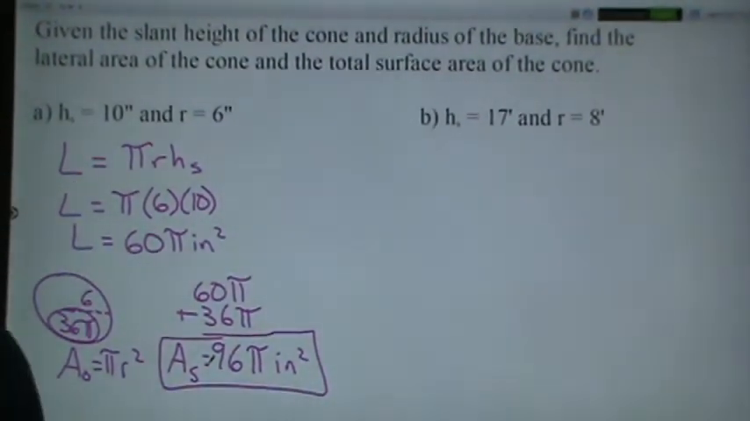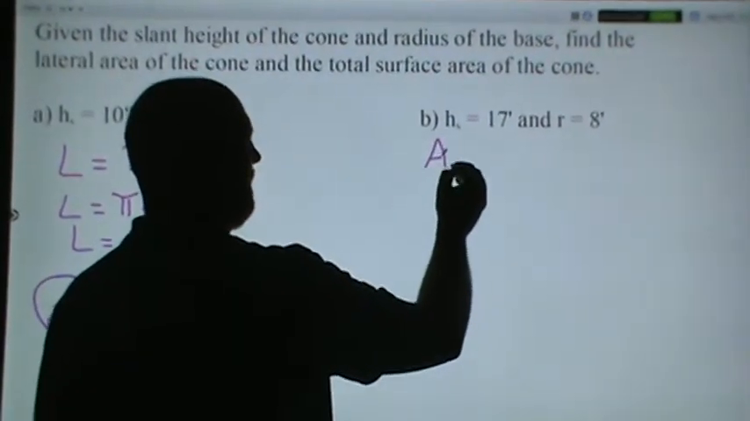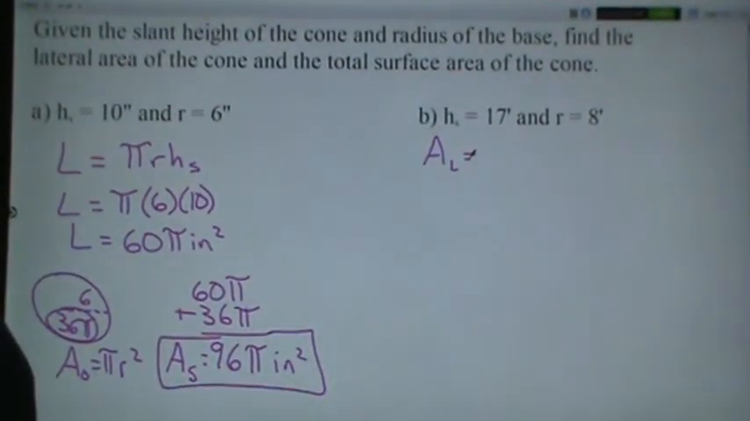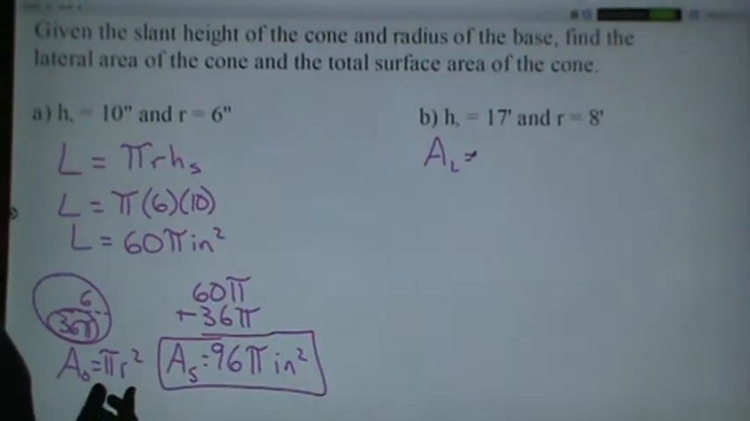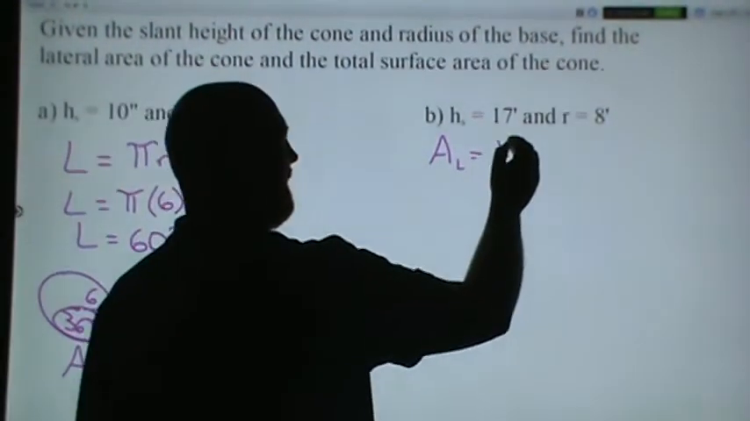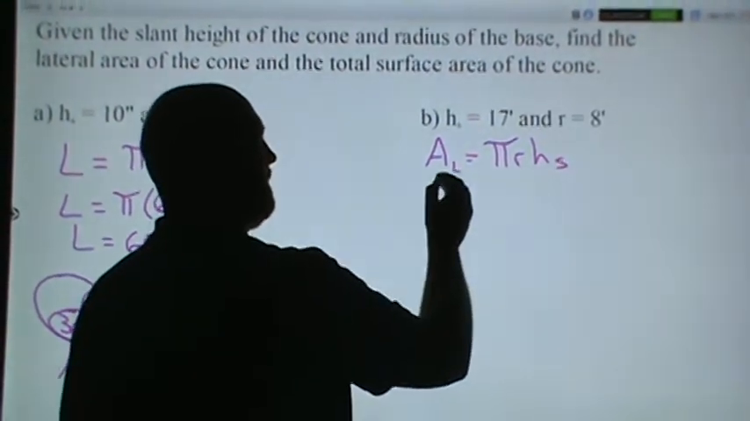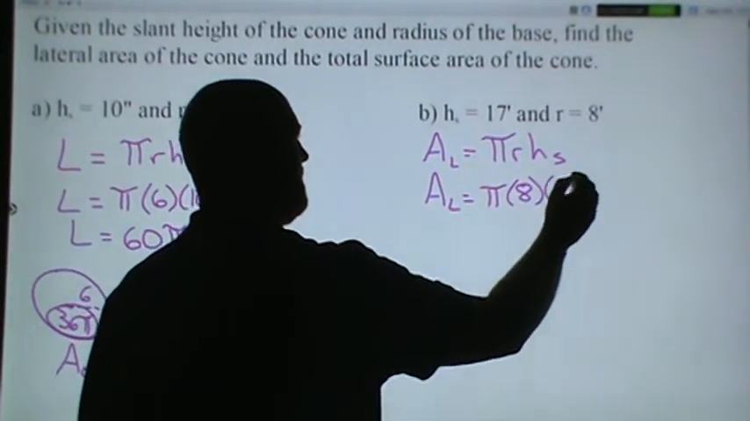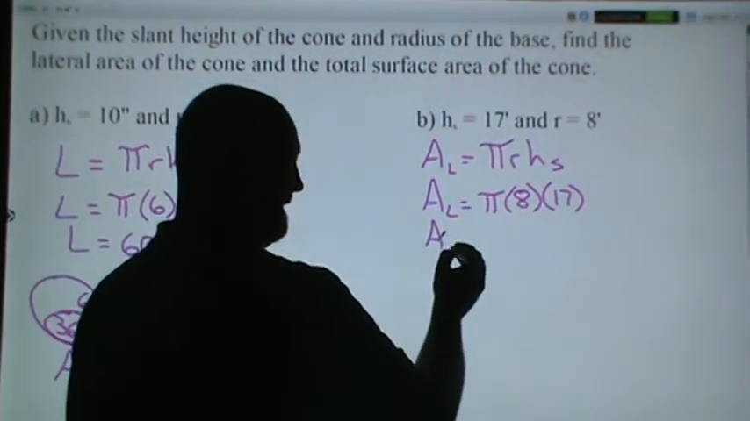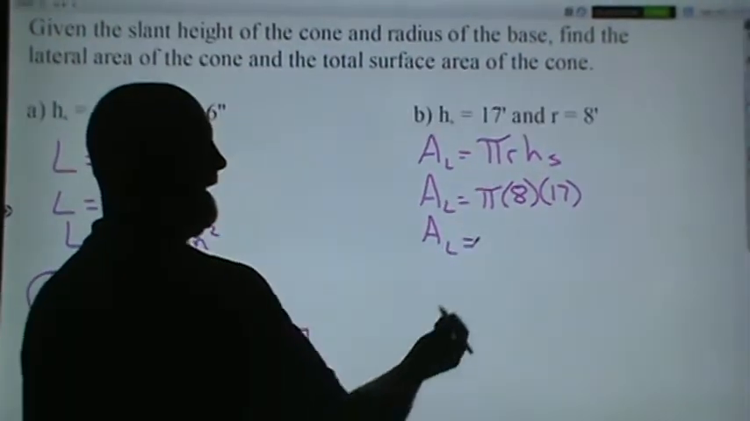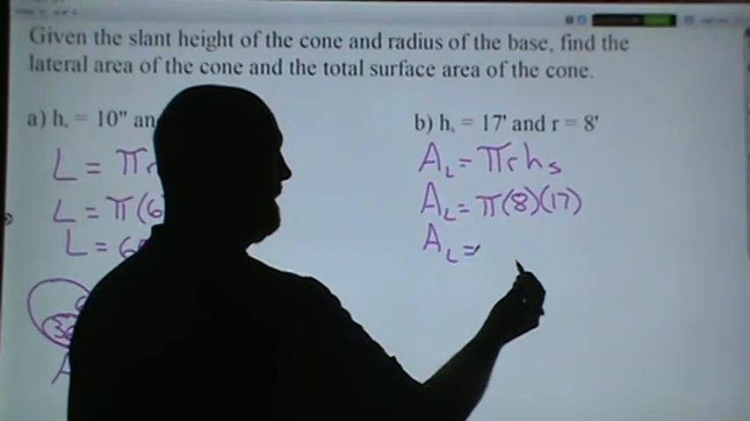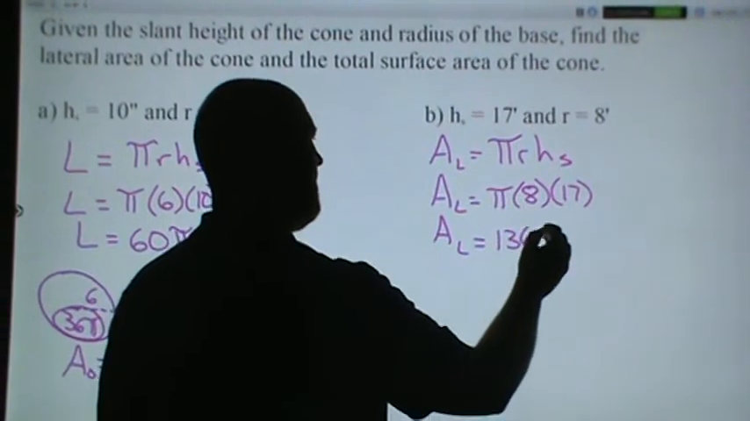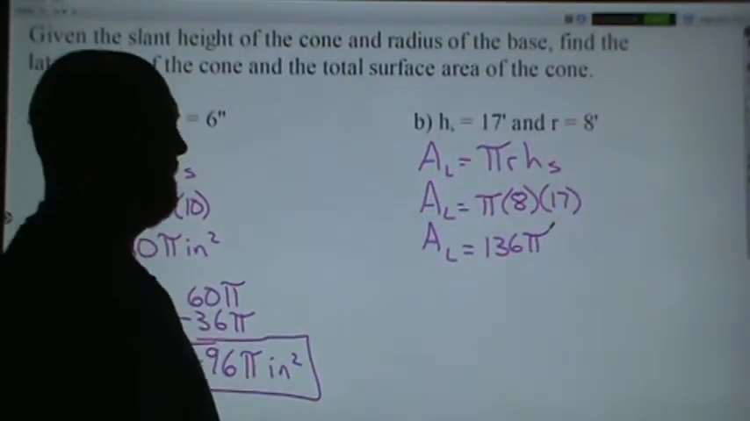Part B, similar problem. We need to know the lateral area formula. When you write lateral area, there's a lot of different accepted ways. You could write A sub L or L or capital L, capital A, whatever you're most comfortable with. So I write it a lot of different ways so that you can see them all. Lateral area is equal to pi r slant height. So my lateral area is equal to pi times the radius, which is 8, times the slant height, which is 17. 8 times 17, I do 8 times 10, that's 80. 8 times 7, 56. So 56 and 80 is 136 pi. And our unit with that would be feet